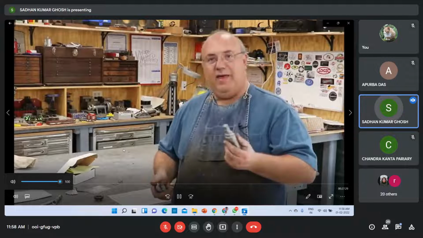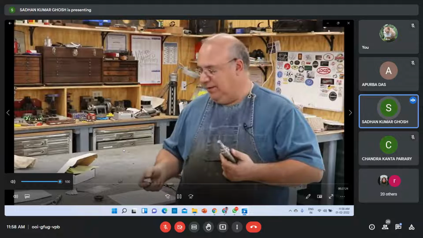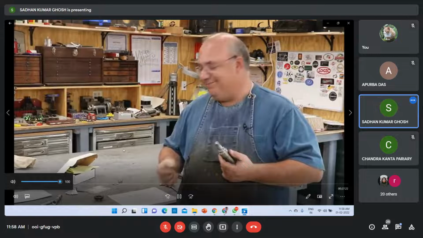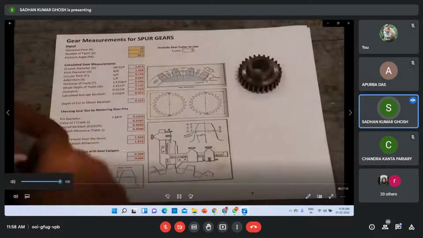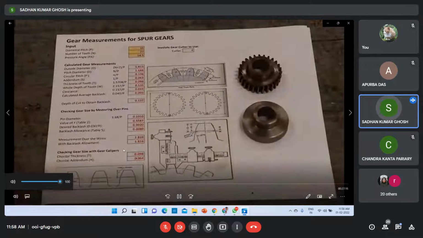With that, I'm going to show you a little bit about this gear, and we'll go ahead and start cutting some teeth. I'm over here on my worksheet, a little Excel spreadsheet that I created a while back when I was doing some gear cutting. It helps me get all my measurements, with all the equations right out of the Machinery's Handbook.